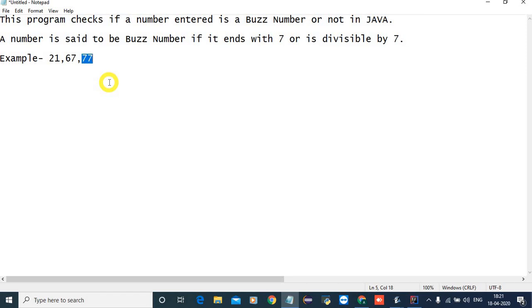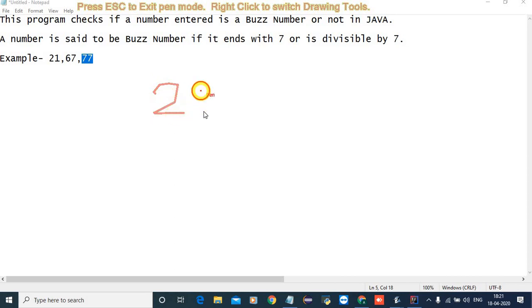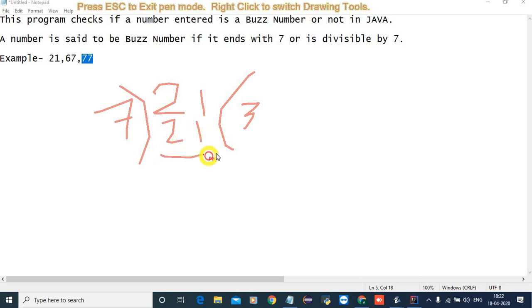Let me give one example. They have given 21, saying that it's a Buzz number. When 21 is divided by 7, it gives a remainder of 0, because it is divisible by 7.